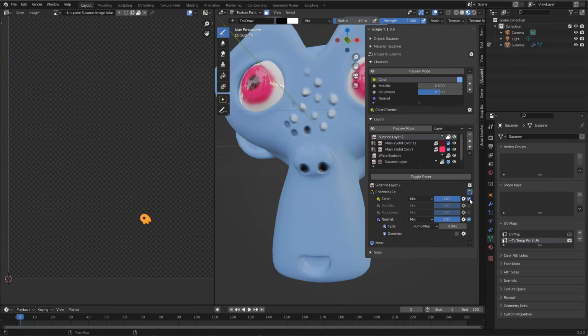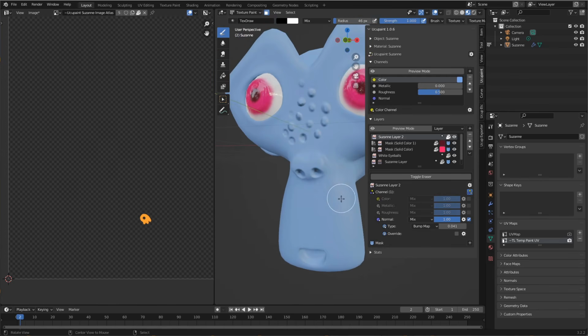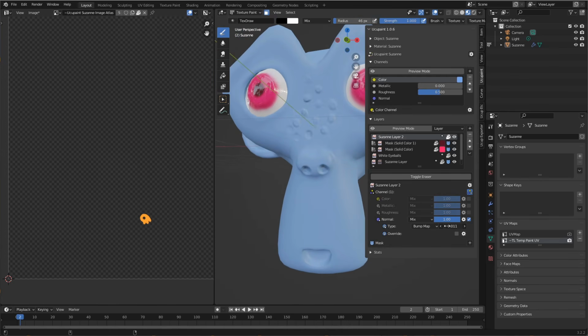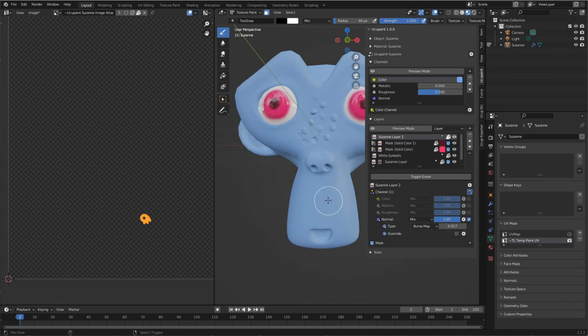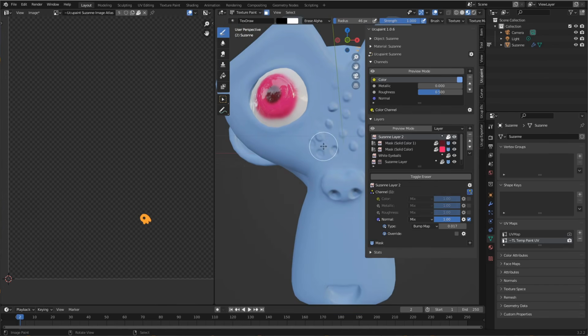Oh yeah, we can disable the color right here, so it will only show you the normal itself. And maybe I will also tweak the height. Okay, this is looking fine. Maybe I can just erase this one. It's looking kind of funny. Okay,